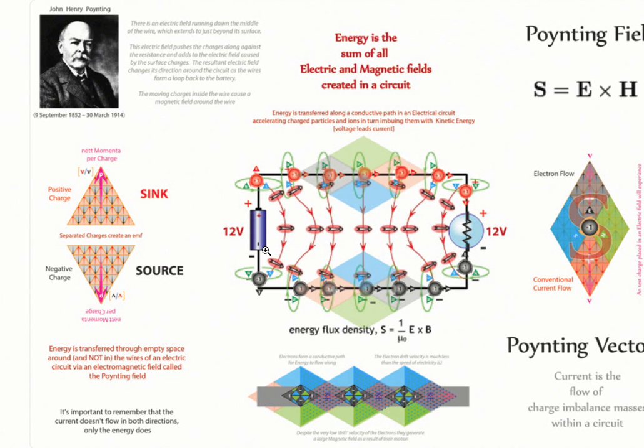A little bit chopped off on your page here, but when we separate the charges to create an EMF and then complete the circuit between the charged plates in a battery or in a generator, the EMF will complete the circuit almost instantaneously. It will flow through the wires, with the wires acting as a guide between the positive and negative charges. The voltage of the battery obviously determines the EMF that's available, one and the same, and the voltage will